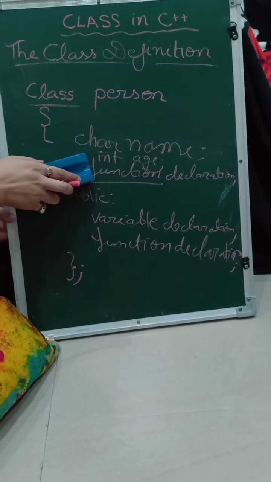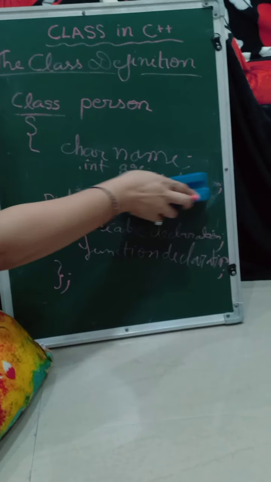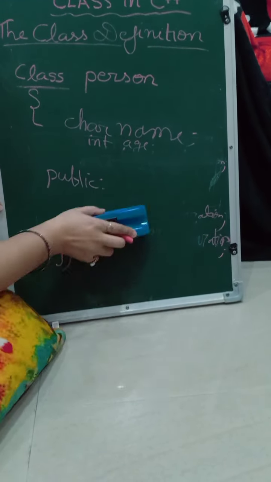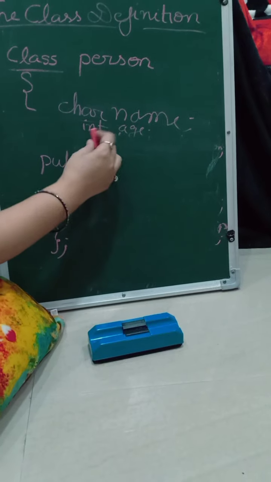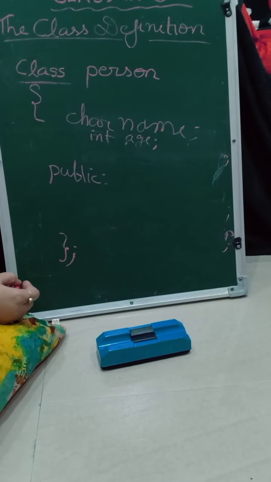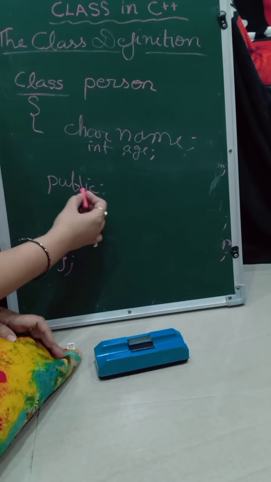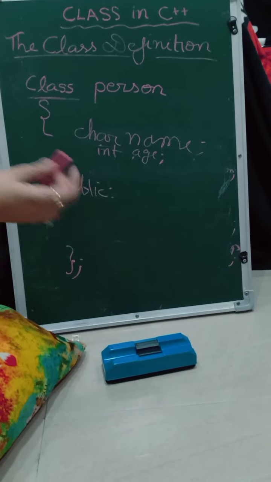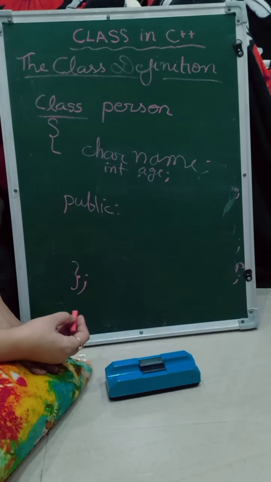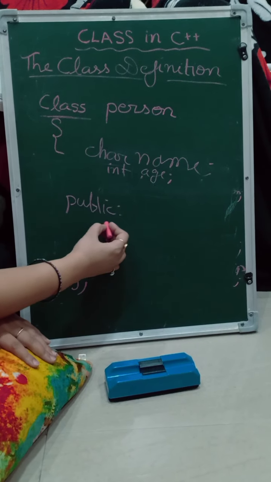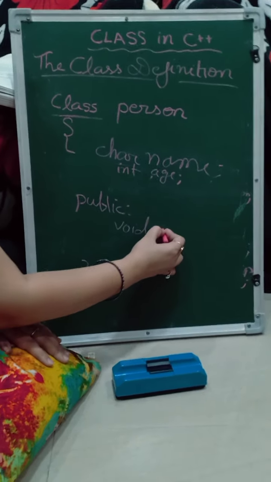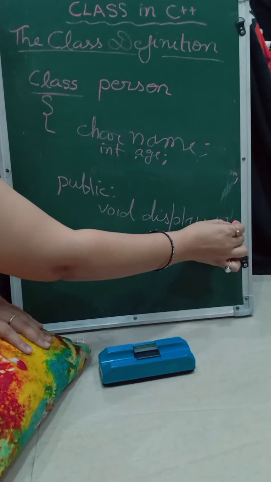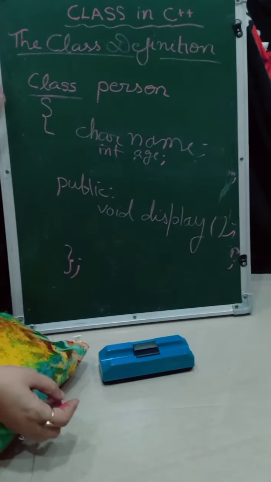Next is function declaration. So I am just removing this. Okay, I am also removing this portion. I don't need any function here because I am making a simple program. Okay, so now when I am putting the data of a person like name and age, then I need some function. So I make a function like display. So I am taking a word like void display. It's the name of my function. Okay. So this is the class declaration.